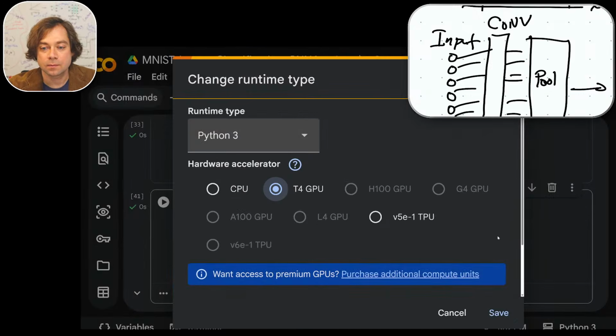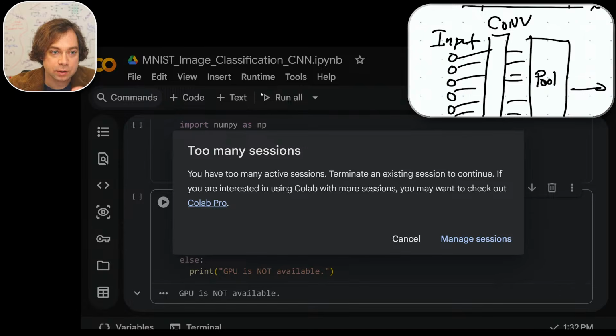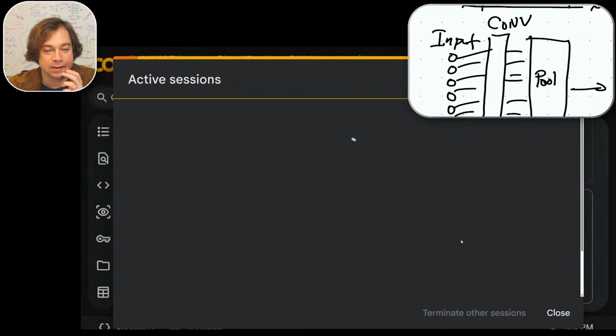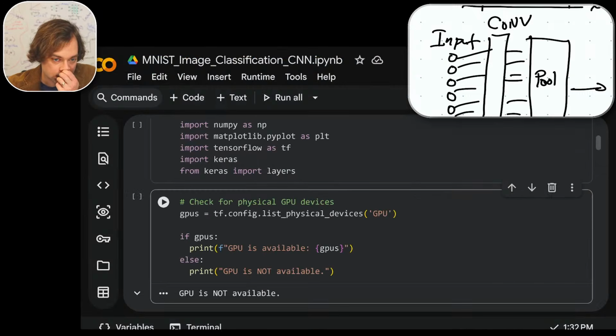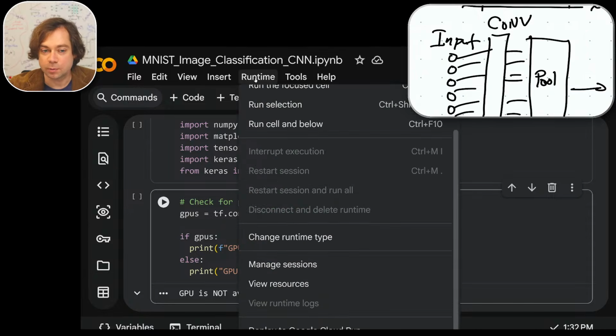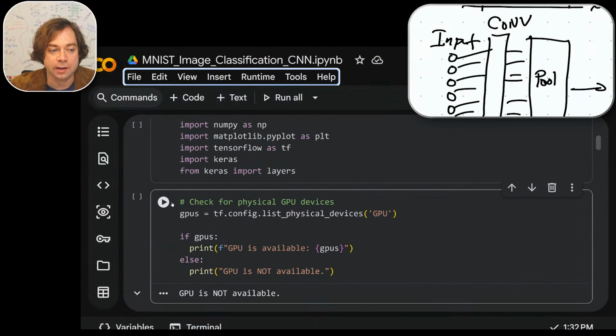Okay, there we go. I'll show people where it was. You go under too many sessions, manage sessions. I want to get rid of a lot of things. Okay, get rid of that one. Okay, close. So you can't have too many sessions open or it'll yell at you. So I wanted to go to runtime, change runtime type, and I changed this to T4 GPU. So now if I run it,